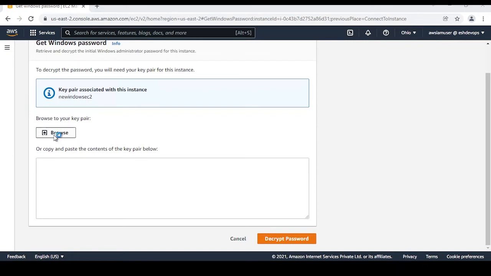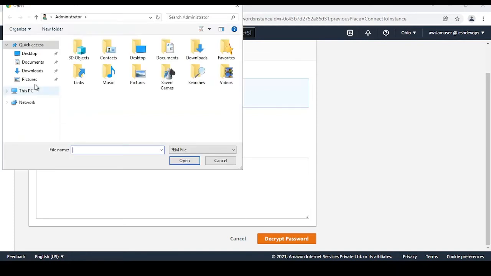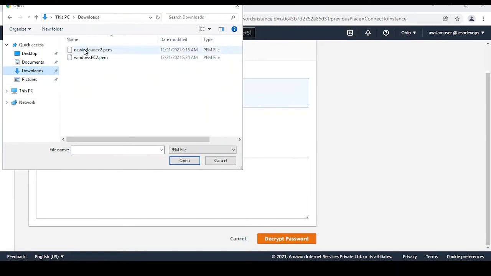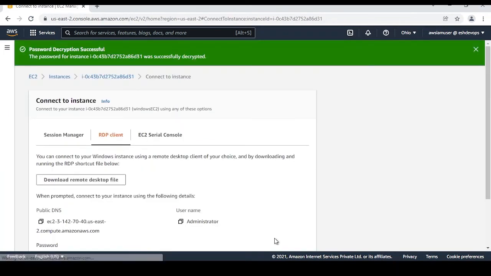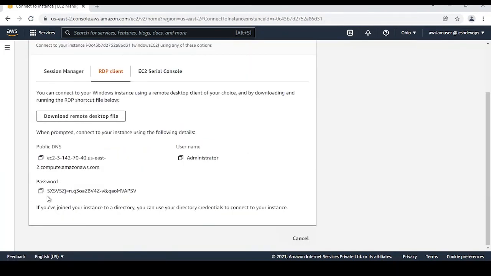So I just browse to this file. In my downloads I have this new Windows EC2. I click it, and once I decrypt the password, guys, we got our Windows machine password, which helps us log in to our Windows EC2 machine.